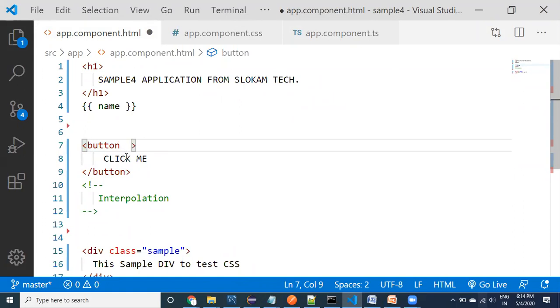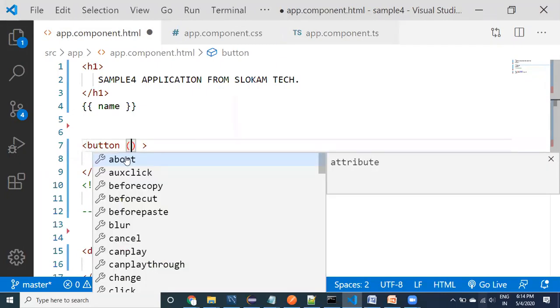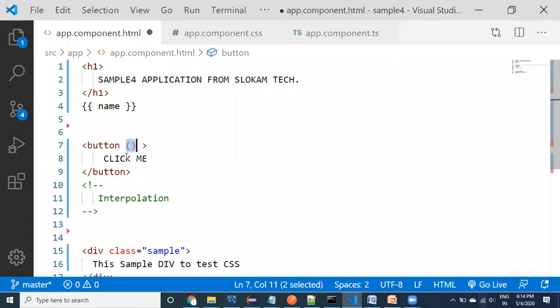How can we attach? There is a concept called event binding. See here, guys, this specifies event binding. What is the event here? This is the button, click me.